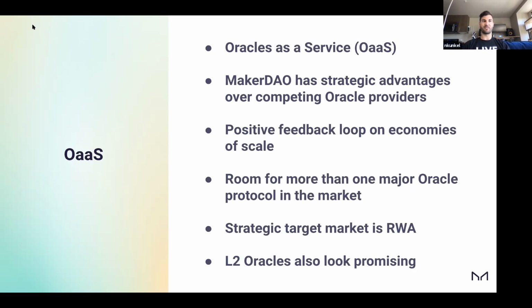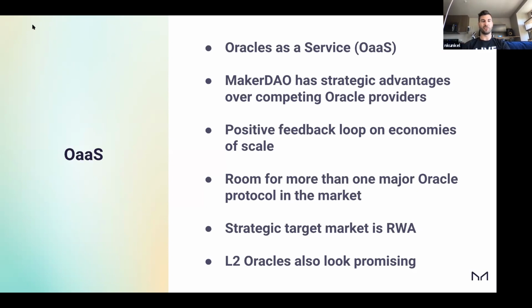So this association with Maker, the brand, this utilization in Maker, this history and reputation that we've built up as just being experts in the Oracle field is extremely valuable. And it's not something that money can buy. It's only something that you earn over time. And so we should monetize that reputation. We should monetize that brand. And an Oracle service product allows us to do that.